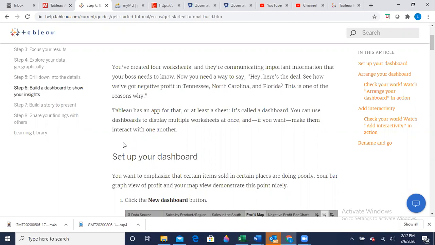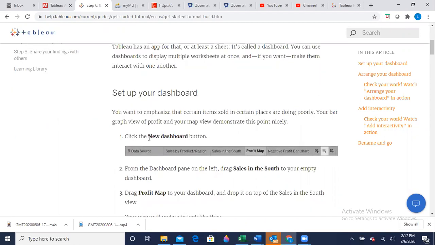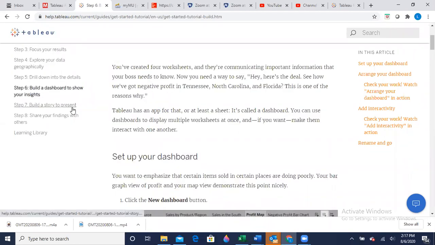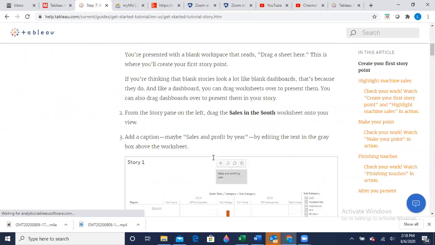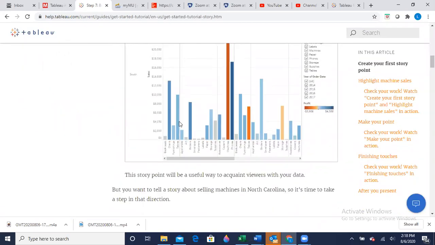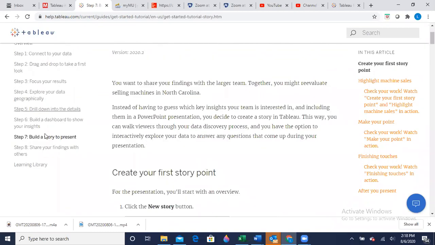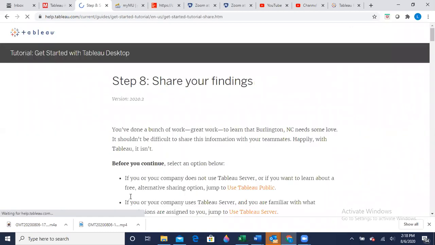This is one of the reasons why. And you can show that on a dashboard. You can show many things on a dashboard. It's up to you. But it's going to show you how to set one up, build your story. Wow, that's a great graph. Share your findings with others.